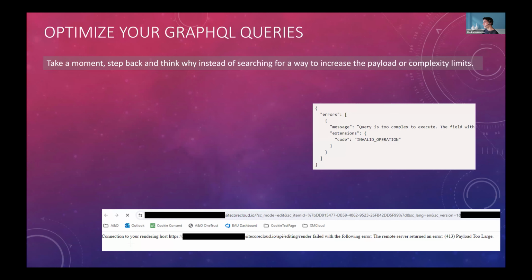When the payload is too large, that means you have too much data. It will affect your static site generation. It will increase your build time, and it will affect the publishing, and later it will, of course, affect the performance of the live site, and it creates extra load on Experience Edge. So the best solution, if it is possible, is to try to optimize those queries.